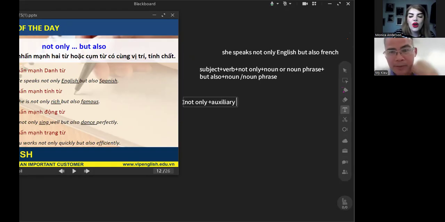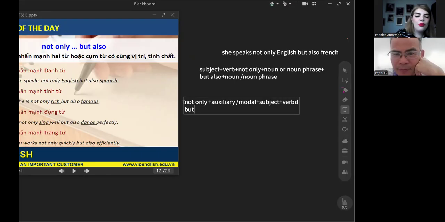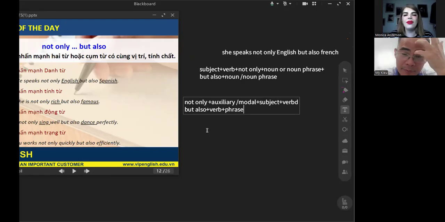Not only, and then auxiliary or modal verb, subject and verb, and but also, and verb, or verb phrase. Okay, so for example, I say,